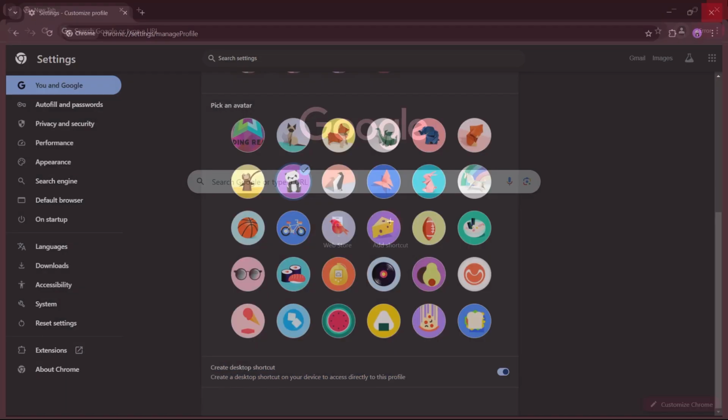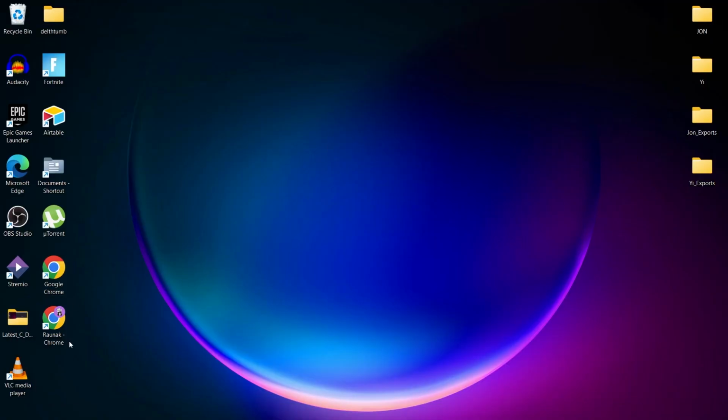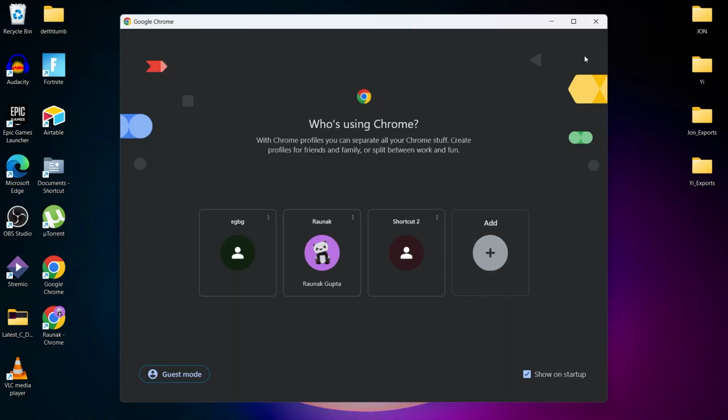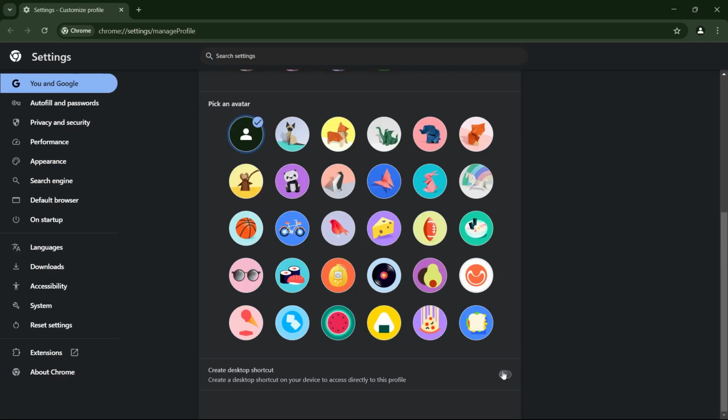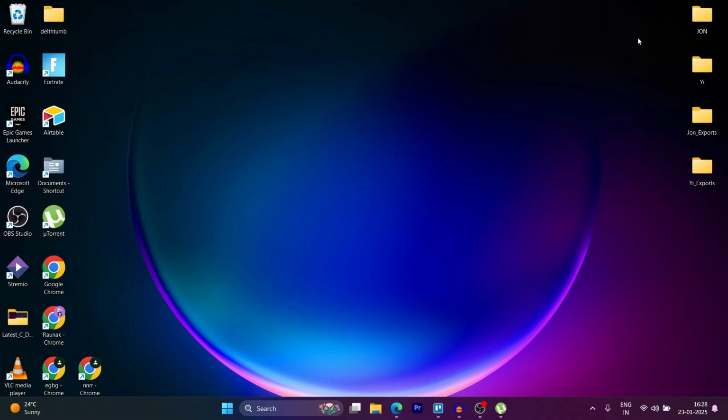Now, after you turn this on and go back to your screen, you will see that you have two Google accounts. You can again create another one just by opening Google Chrome. Click on this three-dotted icon, click on Edit, scrolling down, turning this button on that is Create Desktop Shortcut, and that will make another one. So that is the simple way through which you can add multiple Google Chrome's